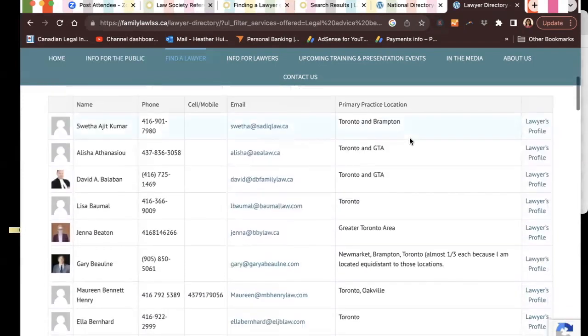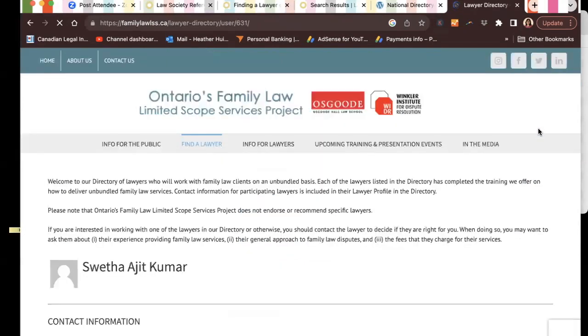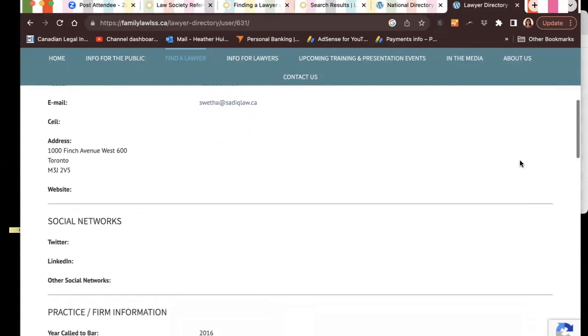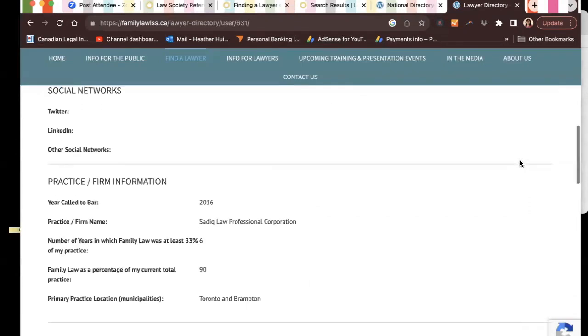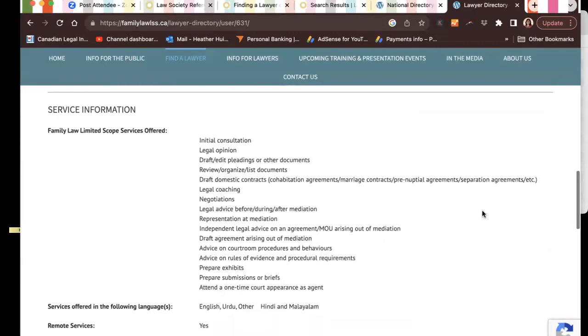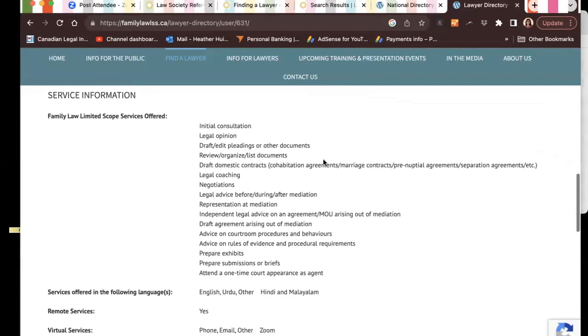One thing also to point out is that right here on this directory, you can have quick access to the lawyer's profile. Let's look at the first one. You can click on lawyer's profile, and then you can see their contact information, when they were called to the bar, and more importantly, the kind of limited scope services in family law that they provide.